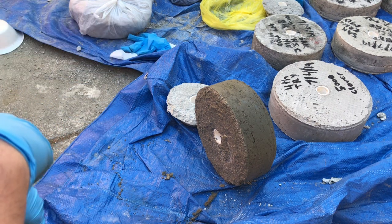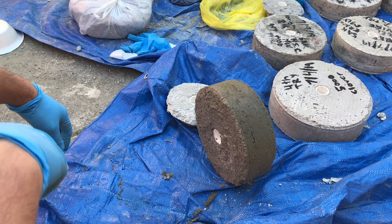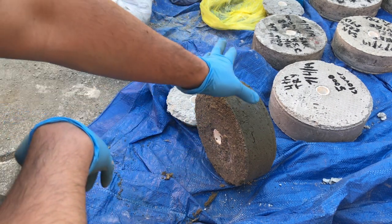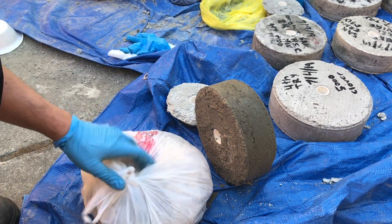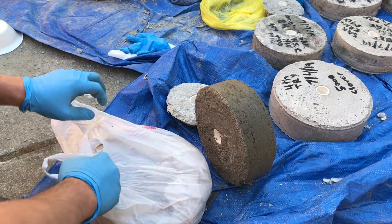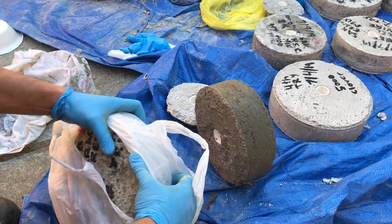hardened yet. So it is recommended that you cure it for a few days, keep it moist so that whatever mineralization is occurring within the concrete continues to do so. This one's been being cured for a while, so if I reuse this bag, open this up,